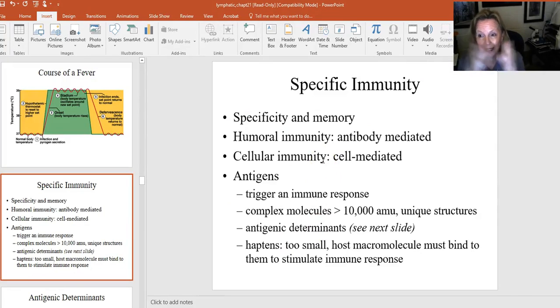Okay, we're on the second section of the lymphatic system and our immunity. This section is going to be dealing with specific immunity. We've already spoken about innate or non-specific immunity, so we're continuing on with this field of study. So I definitely want to now